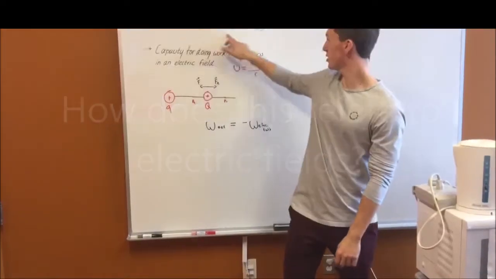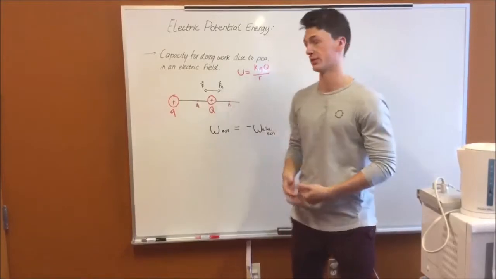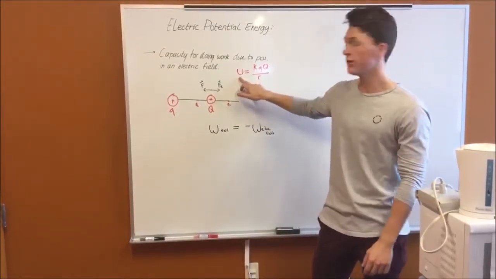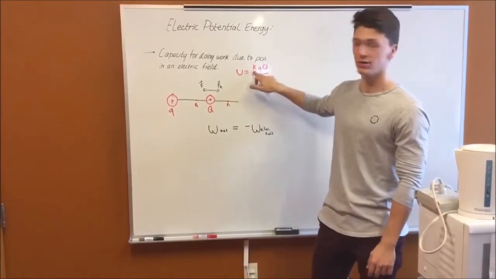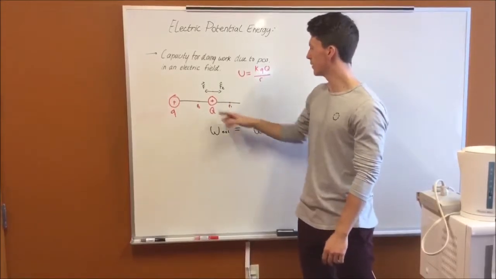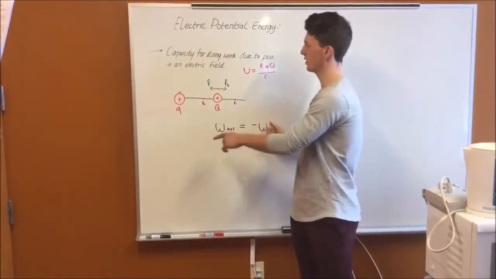Okay, so electric potential energy refers to the capacity for doing work in an electric field due to position. So the equation for that can be represented as electric potential energy equals the K constant times the two charges over the radius. So here in the diagram you can see that we have two positive charges that repel each